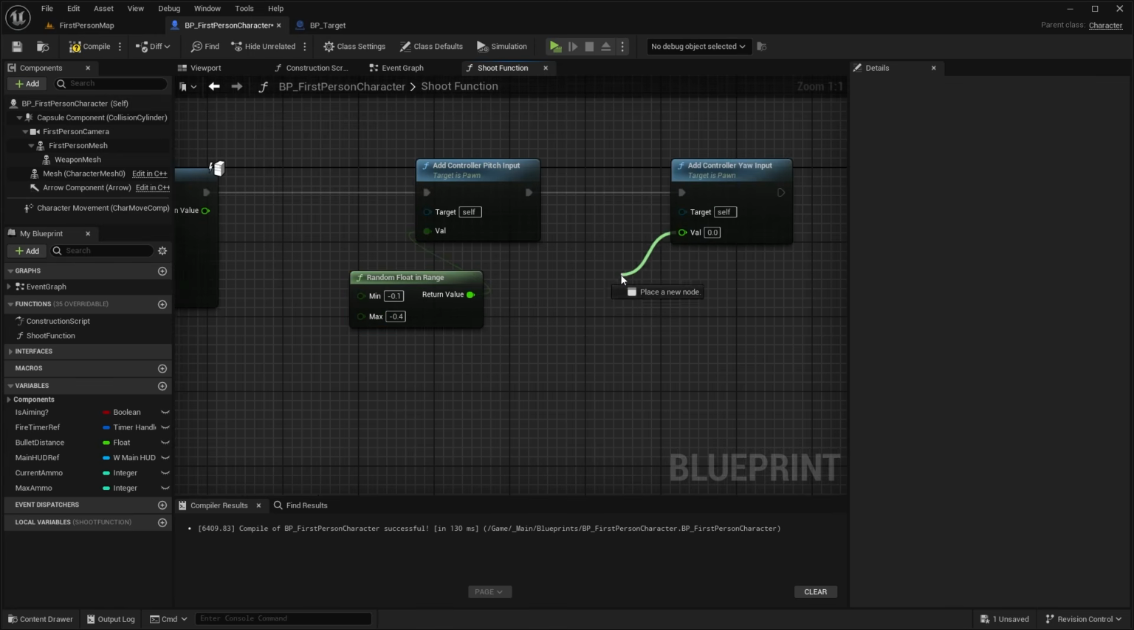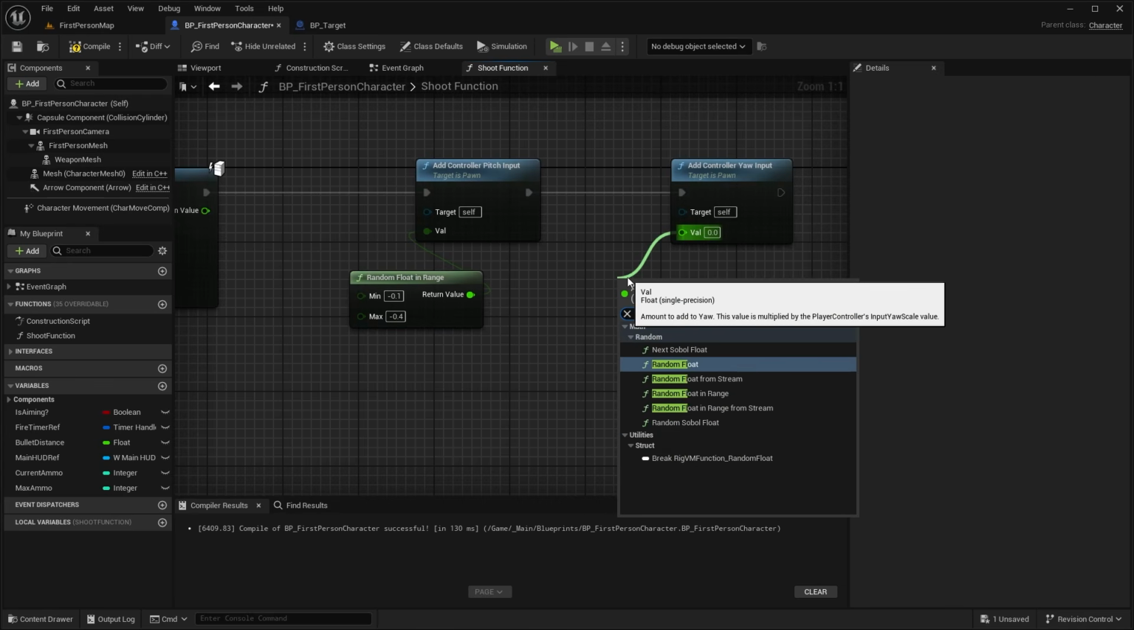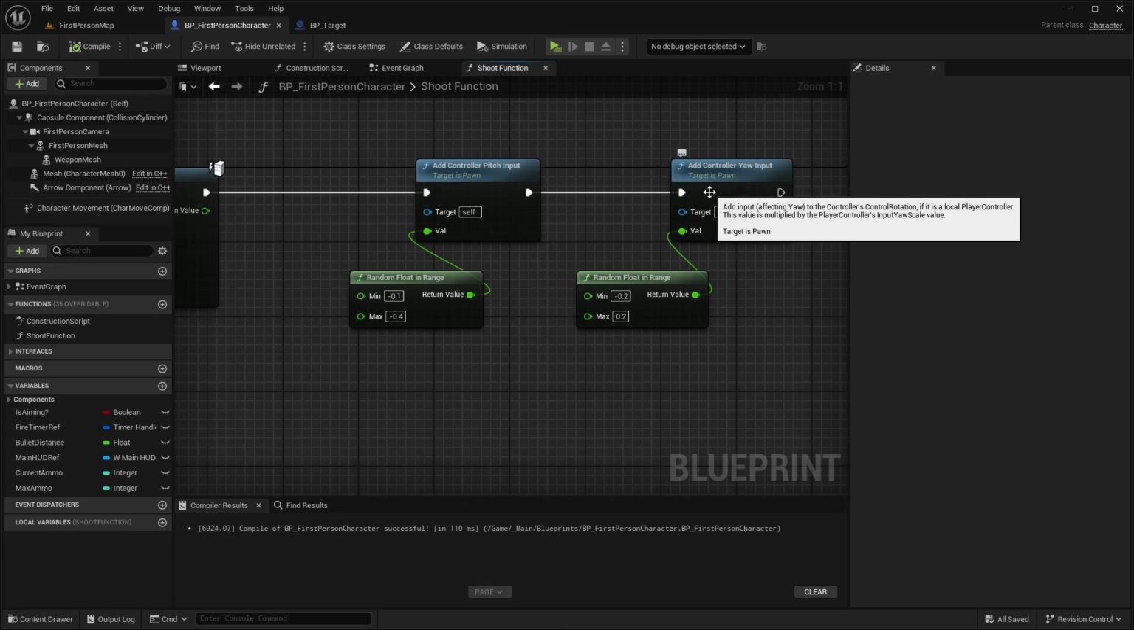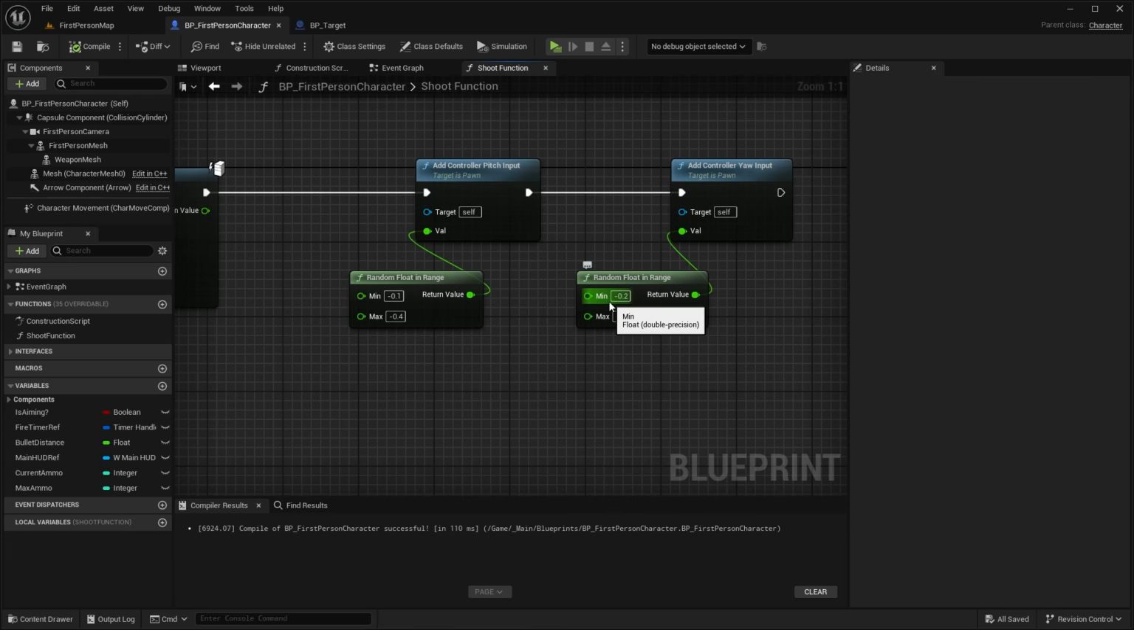Then for our controller yaw, we want to do another random float within range. For this minimum value, this will be -0.2, and then the maximum will be +0.2. So compile and save. So this will move our camera up and over in a random direction every time that